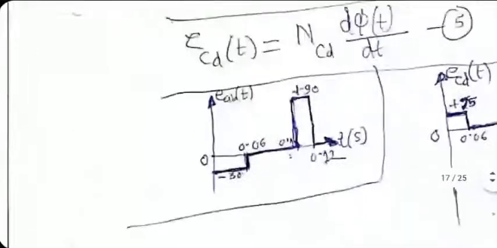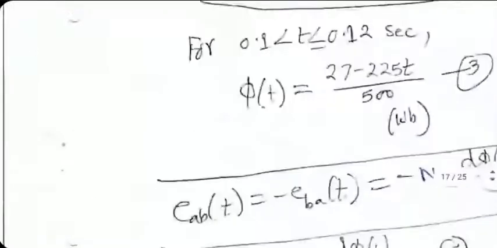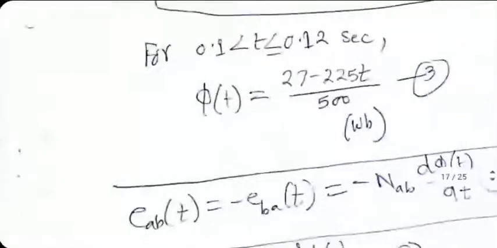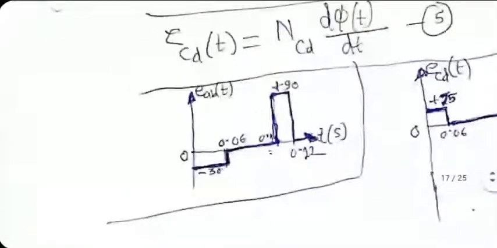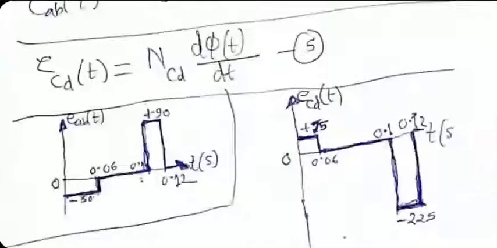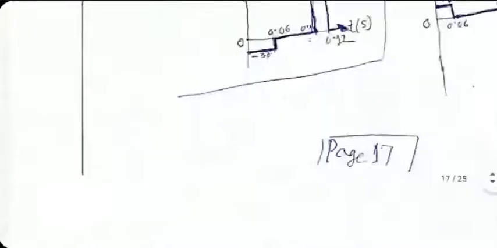In the third part, it is a more complicated equation. You'll have to differentiate it with time and multiply the result by the number of turns in the secondary. You should be able to get it. Similarly, for the secondary winding also, you should be able to work out all this. Look at it when you get the document. If you have difficulty, I can help you out.